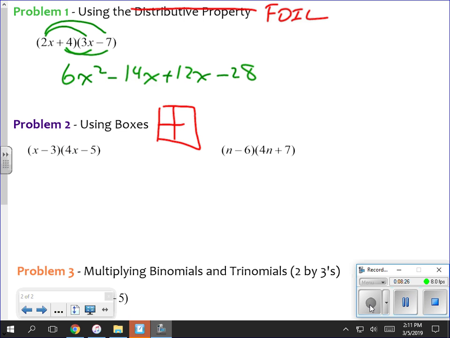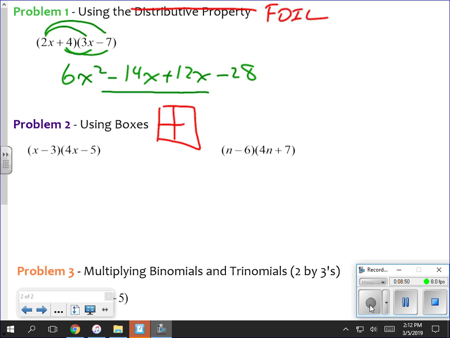First 2 terms, 2x times 3x. 2 times 3 is 6. X times x gives me x squared. 2x times -7. 2 times -7 is -14 with the x on there. 4 times 3 is 12 with an x. 4 times -7, -28. Now I need to simplify, which means I combine up like terms, and my like terms